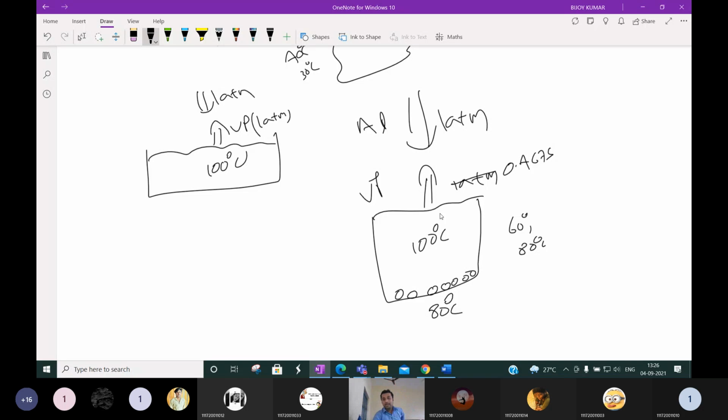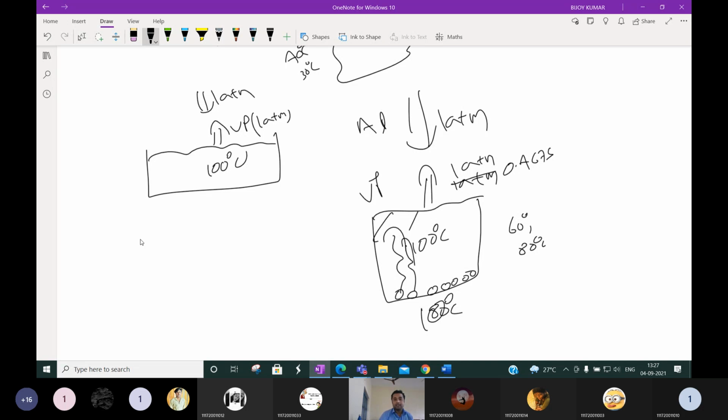It means there will be a certain pressure on this water body, so this bubble will not come up. But at 100 degrees centigrade, the vapor pressure generated is 1 atmosphere. So this 1 atmosphere counterbalances the atmospheric 1 atmosphere, so that there will be less pressure on this water body because it is counterbalanced by the vapor pressure. Now these bubbles will rise. So that's why we say at 100 degrees centigrade water is boiling.